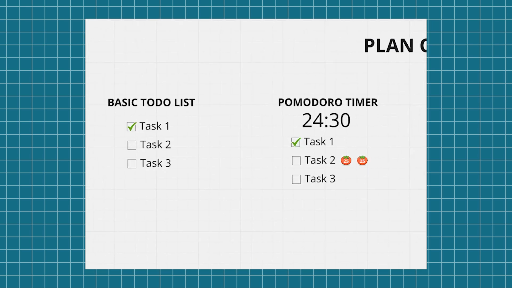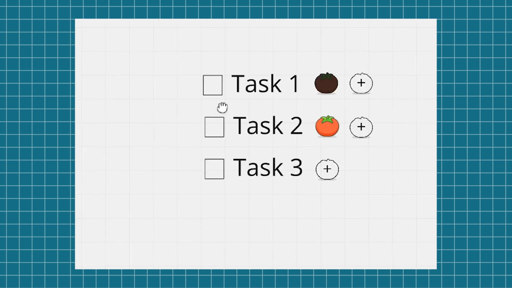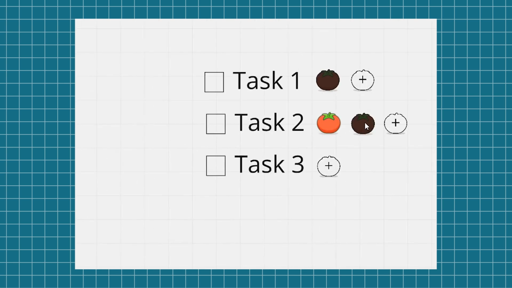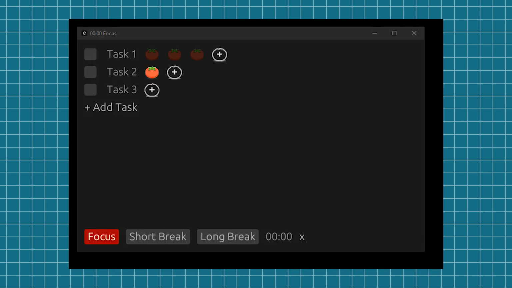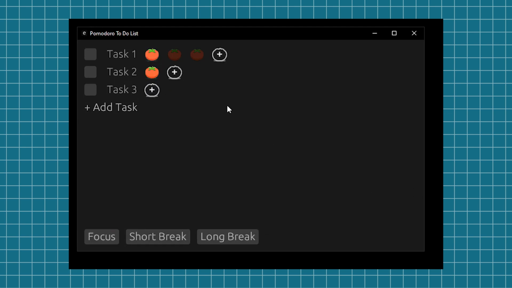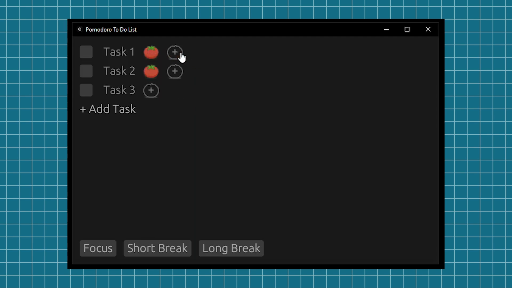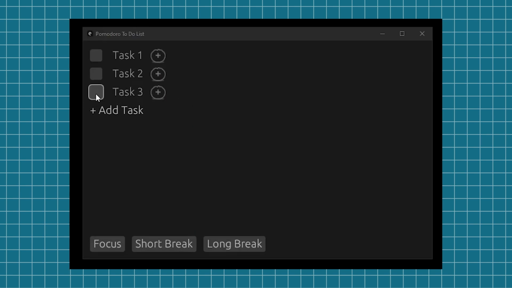Now let's add task estimations. My plan is to have these outlines. Once clicked, you will increase the task estimations. To remove an existing estimation, just click it. I did it. Now I have estimations working. When a Pomodoro is done, it fills up estimations. Clicking the outline adds estimations. Clicking the estimation removes it. I also made the images pop out less because they were stealing too much attention. Completing a task now hides it.